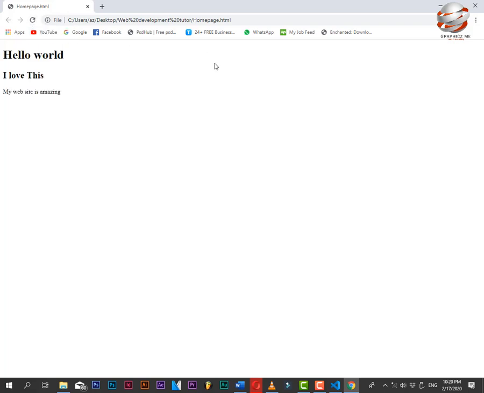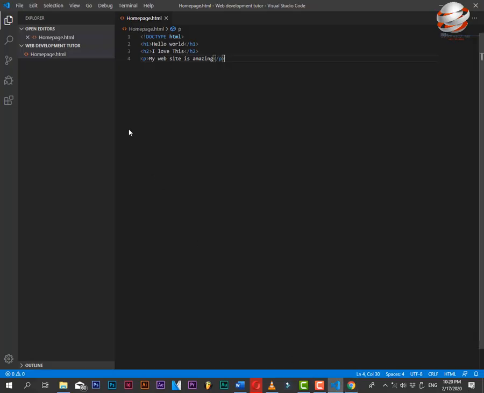Now again you save, Control S, or you go to file and save. Come to your browser. Don't go again to your folder and search for it because it has already been opened here. All you do is refresh this page to see the updates. To refresh, either you click here or use the shortcut F5, and that is it. You see all I've typed, hello world, I love this, and the rest. You realize that there has been some specification here. Hello world is bigger than I love this, and my website is the smallest and is not bold or black like the first two. That is because if we come back to Visual Studio Code,